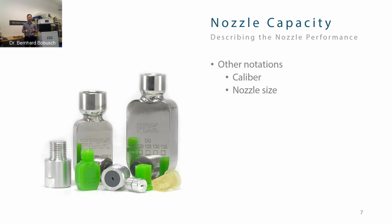Our nozzle capacities are defined as the flow rate in liters per minute at 20 bars multiplied by 10. So if you have a nozzle capacity of 200, this nozzle will give you 20 liters per minute at a pressure of 20 bars. This is one of the nozzle capacities that is most commonly used in industrial foam cleaning, because you need a lot of water to float away the dirt,